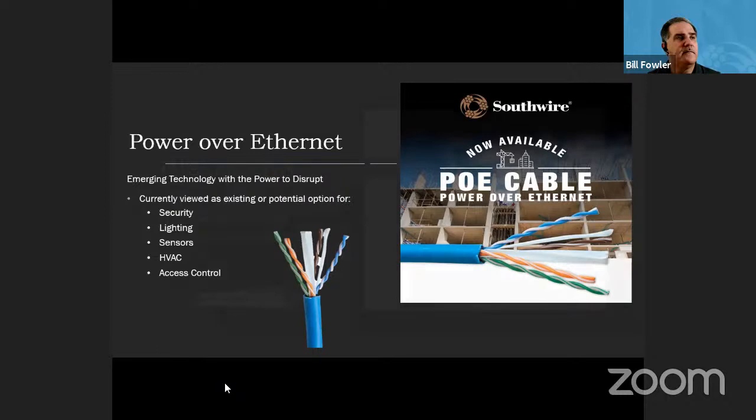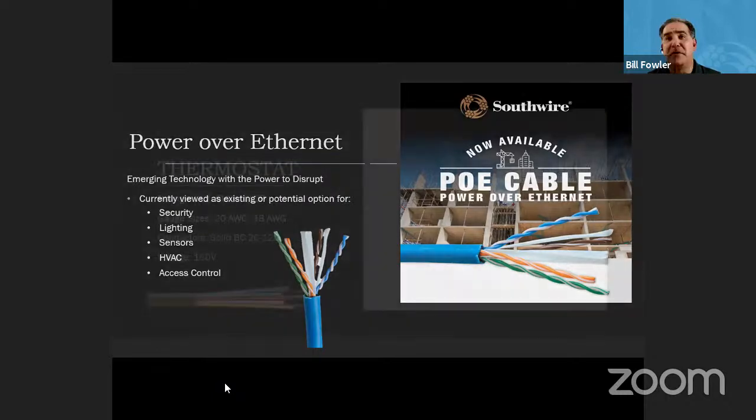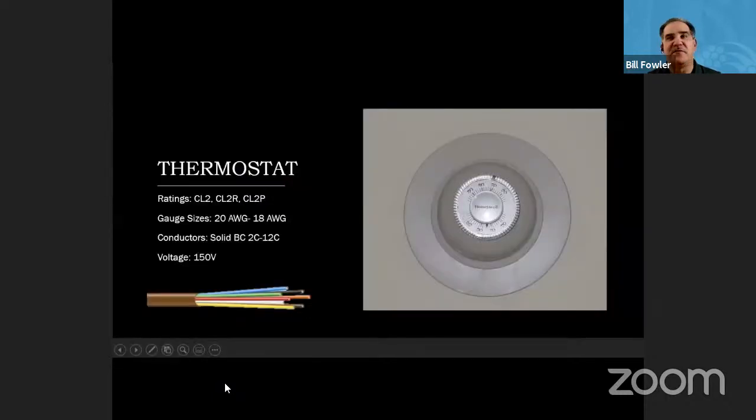Thermostat wire has been around for a while. This is where you see a thermostat at your home, but you'll see a CL rating, meaning that was a signal or video. You'll see the 2 there, class 2, and then we get into 18 to 20 gauge cable. What's grown in this is the solid connector. It's gone from the old days of the 2 and 4 connector for your house thermostat